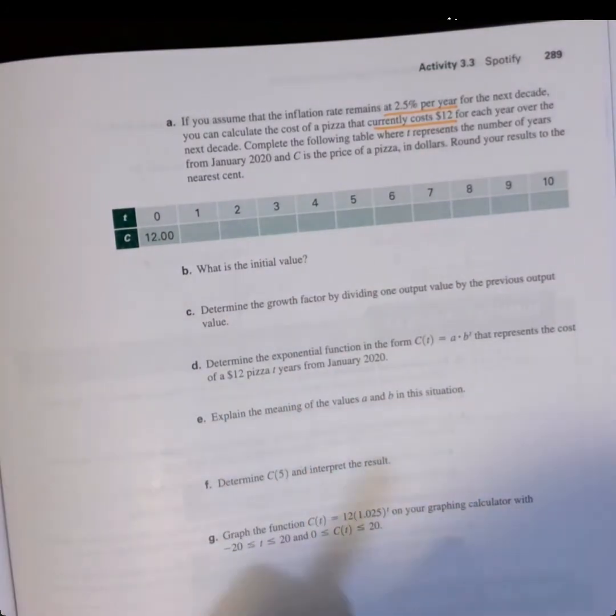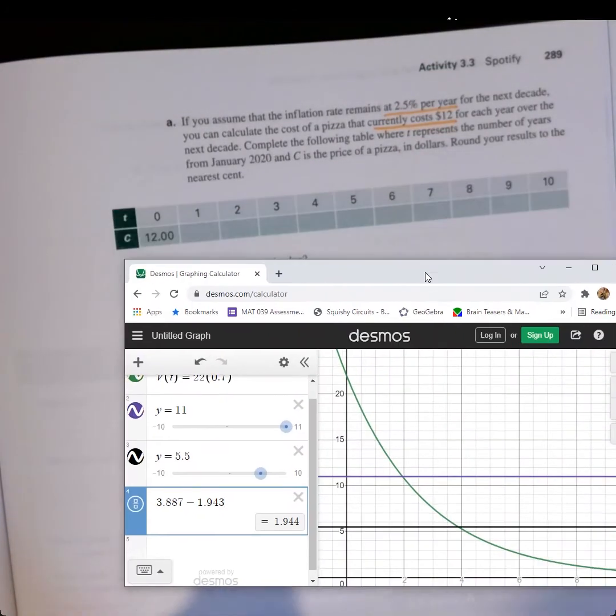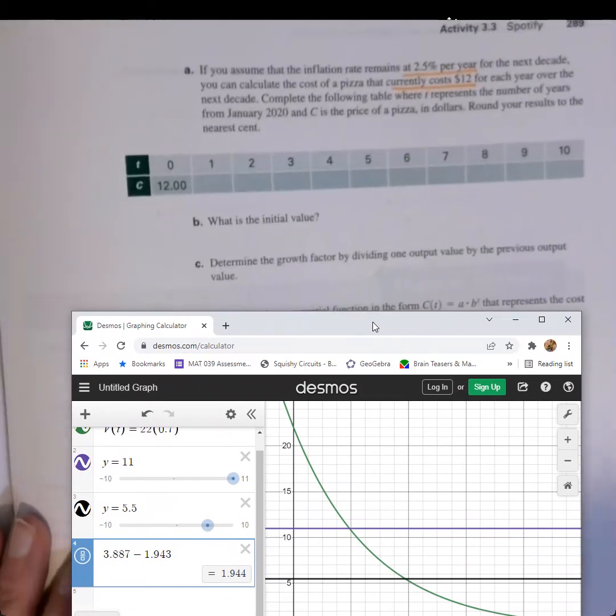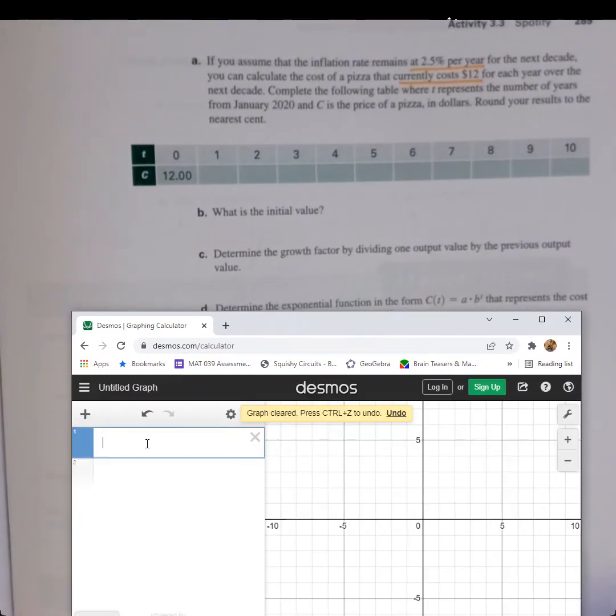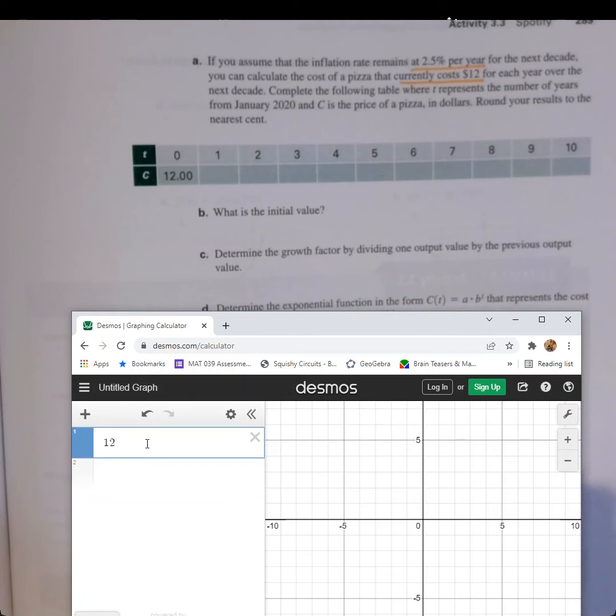All right. So first of all, our pizza costs $12, and we need it to cost